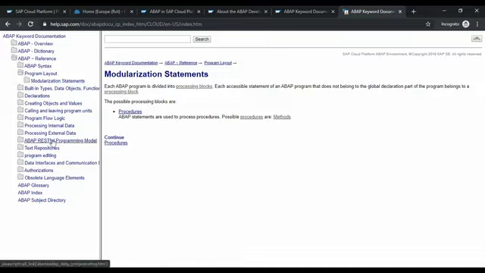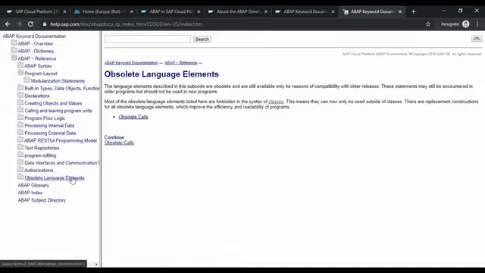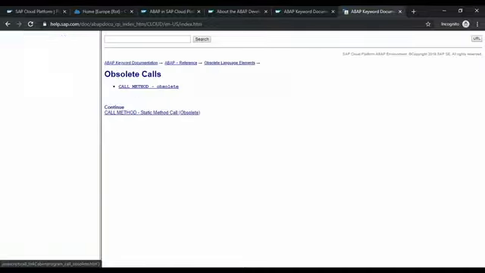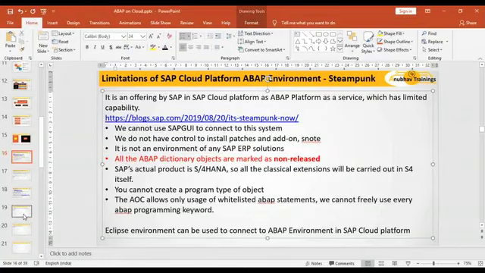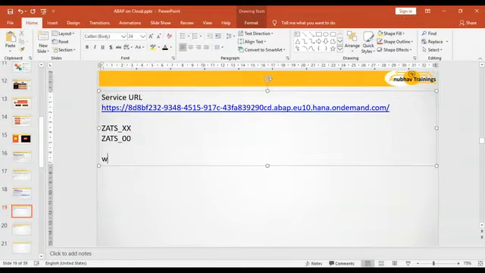Not sure yet. I need to check it. Okay, guys, I will come back and show you where exactly we can find the complete list of statements related to ABAP on cloud. This is something which I will put as an action item. So where to find